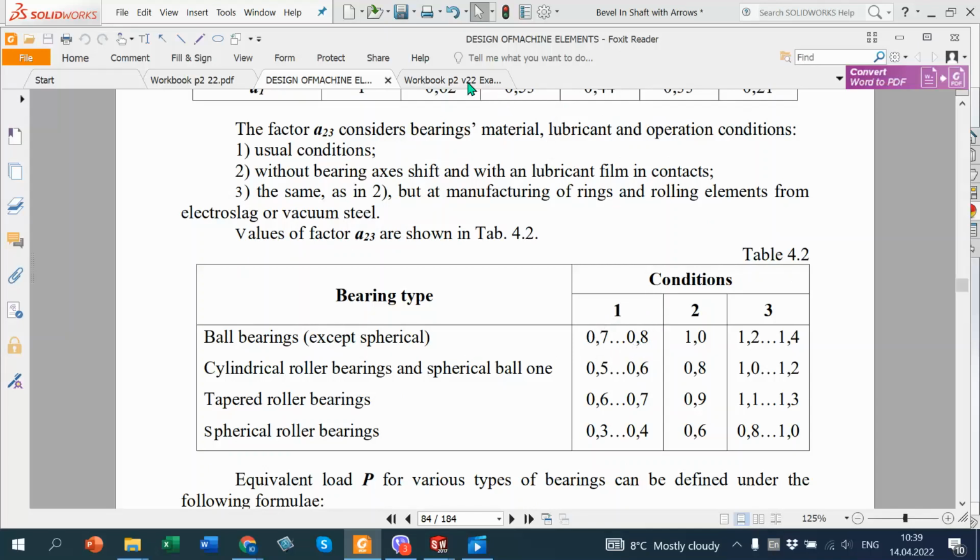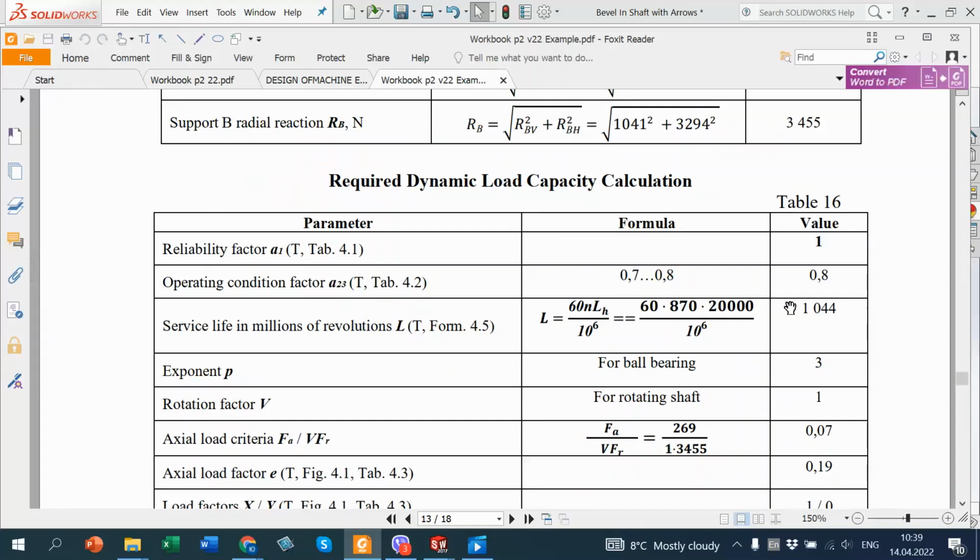0.7, 0.8. I took it 0.8, but sometimes you can take 0.7. Then service life in millions of revolutions. It should, no, sorry. It is calculated according to this formula, and its rotational speed,